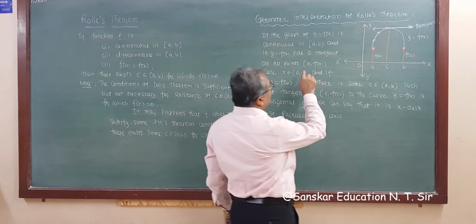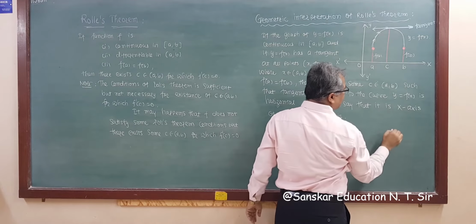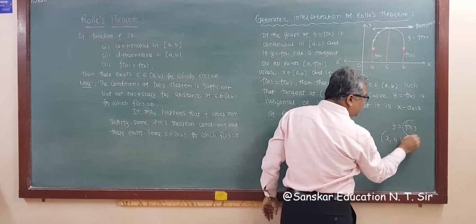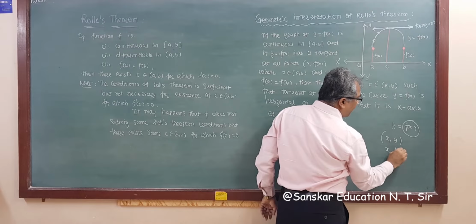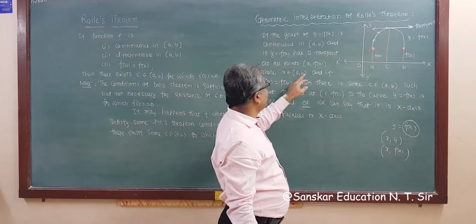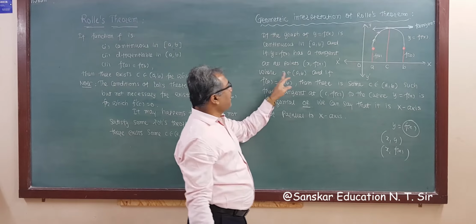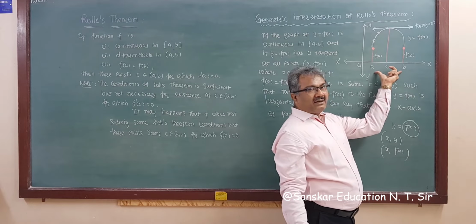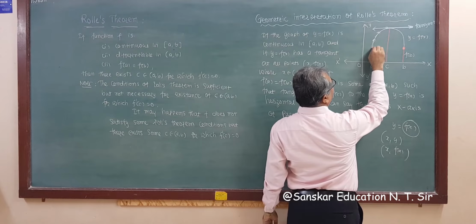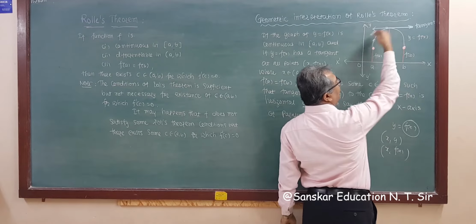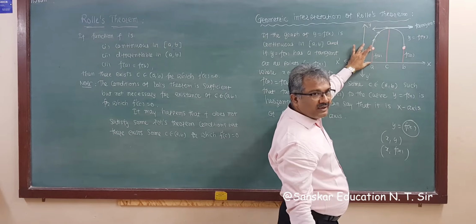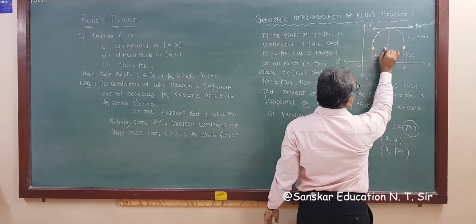Now if we take a point x and substitute it in y equal to f of x, the point is x comma y, but y is f of x, so the point is x comma f of x. So all points x comma f of x where x belongs to this open interval AB, right? And see here, this is the endpoint A, this is the endpoint B of the curve y is equal to f of x. From here you know this is f of A, this is f of B, and both are the same.